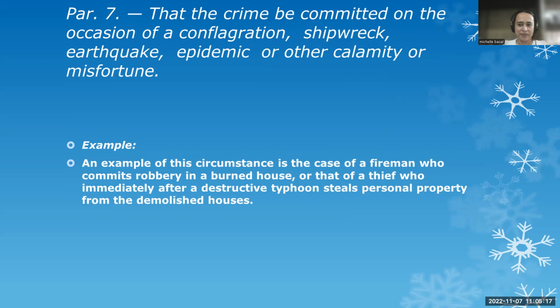So if you can still remember, tomorrow is the Yolanda anniversary, the commemoration of the Yolanda typhoon. If you can still remember, many people ransacked the department stores and Robinsons. Many of them took properties such as television sets. I don't even know why people did that, because at that time there was no electricity, so there was really no need for those types of appliances.